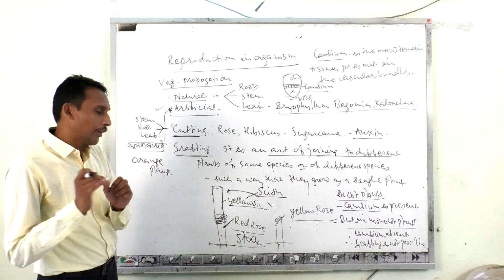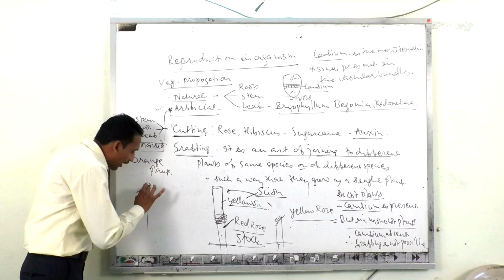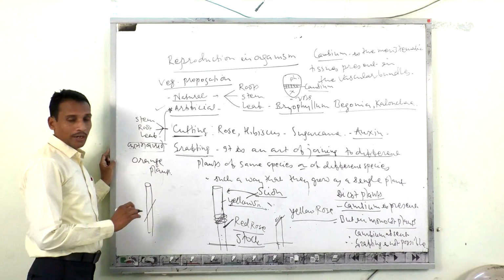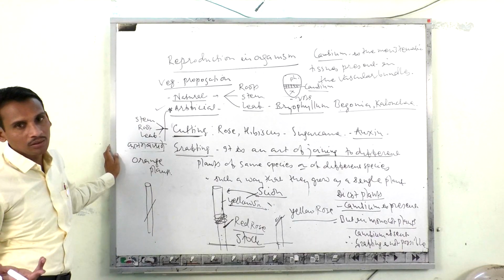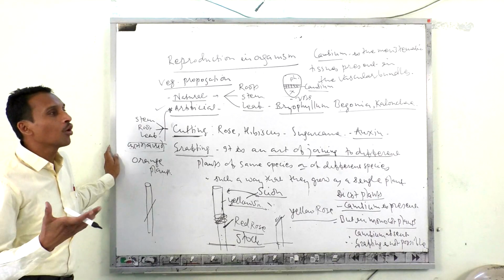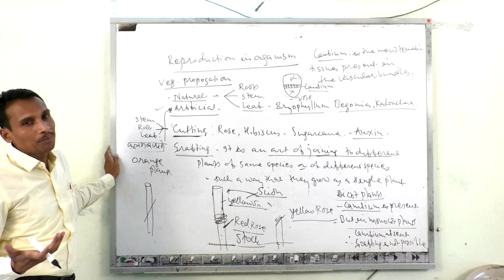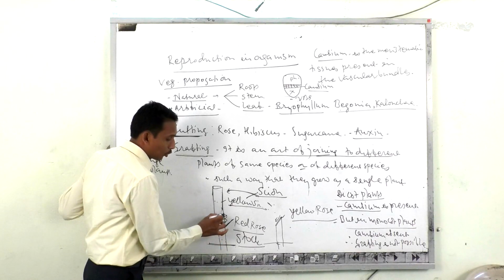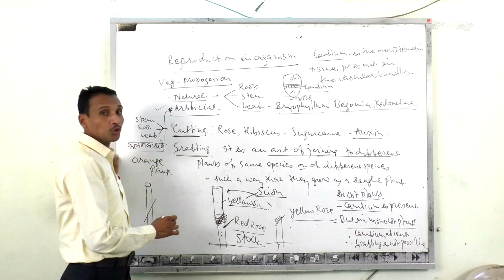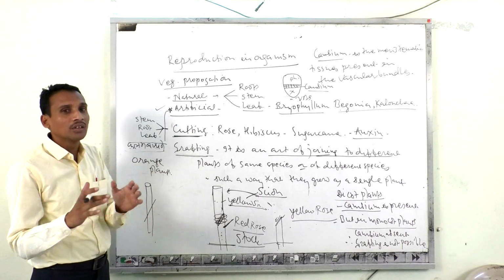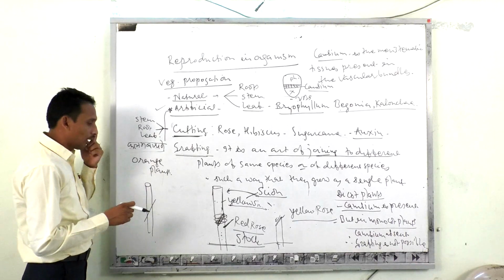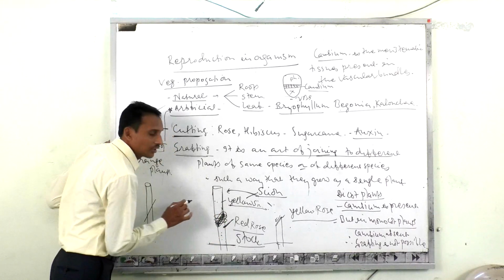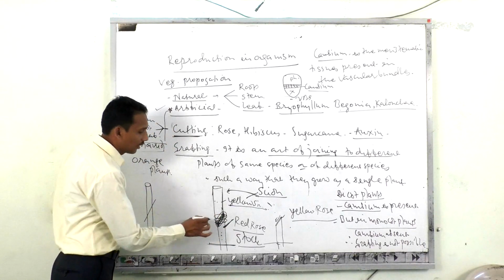But here, to carry out this technique, whatever stem is cut always gets an oblique cut. Why do you give that oblique cut? Because to expose more cambium. If more cambium gets exposed, the cambium tissues between the stock and scion are exposed more, and that leads to very quick cell division, and they get united together. Wherever there is a joining, immediately after that there is maximum cell division, and an extra mass of tissue is produced here, which you call the callus.